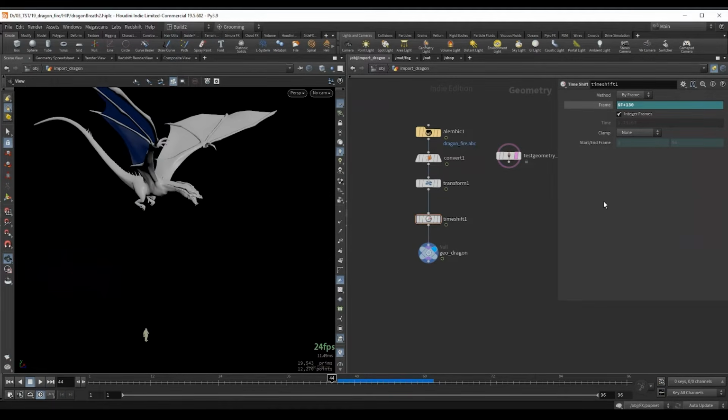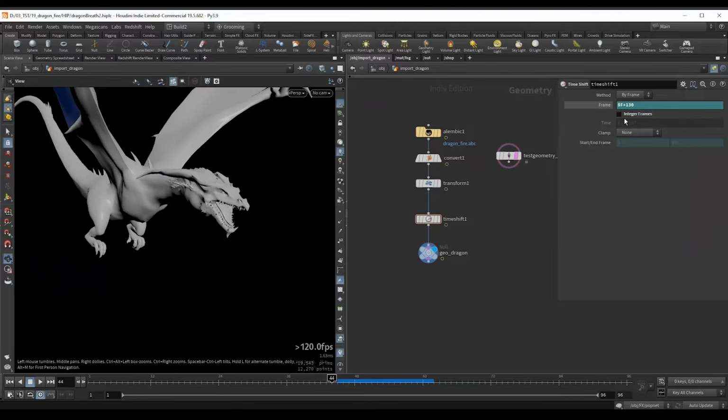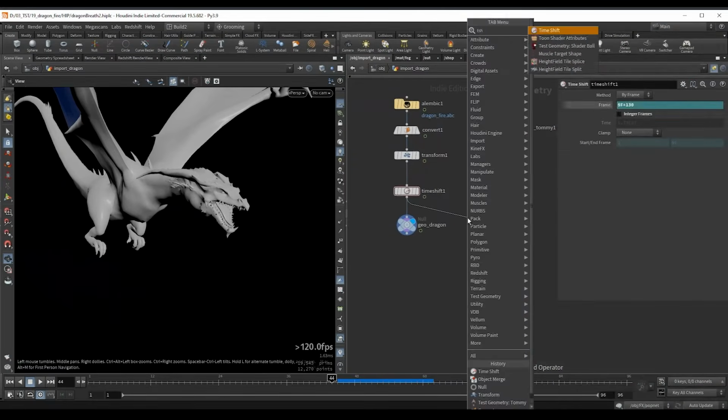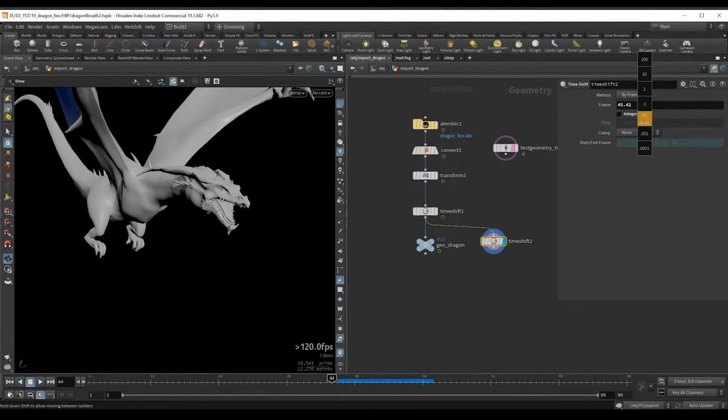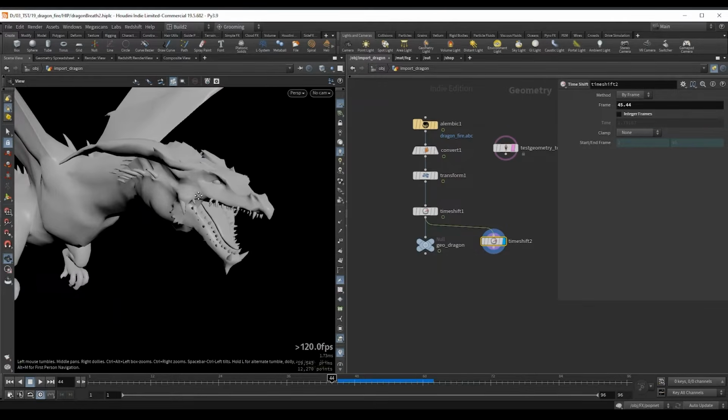Also very important here, because we are going to be using substeps later for our pyro simulation, it's best to remove this integer frames option so that we are able to evaluate this animation at each frame. For example, if I do another time shift here, remove the expression and get rid of integer frames, and scroll with smaller increments, we can see the problem is that it doesn't smoothly interpolate between frames, so we can see how it snaps.